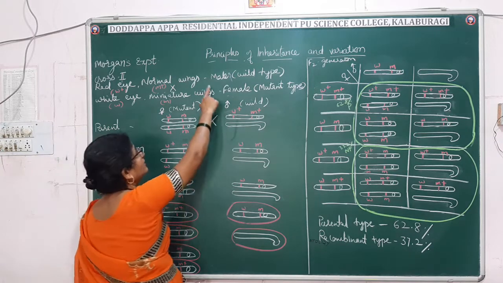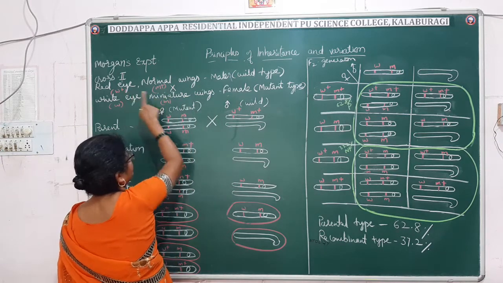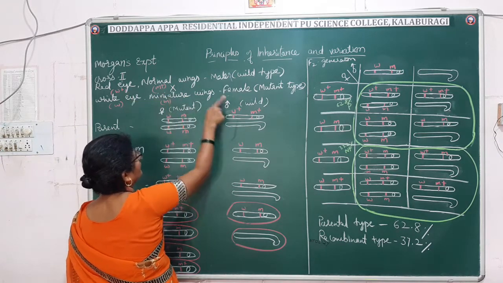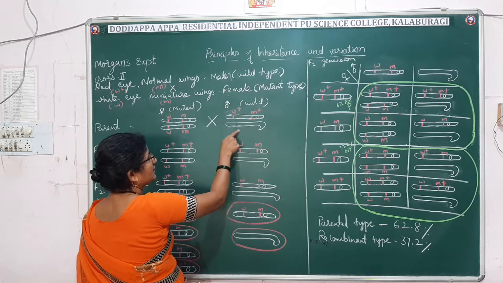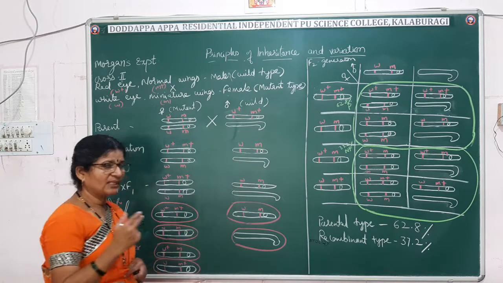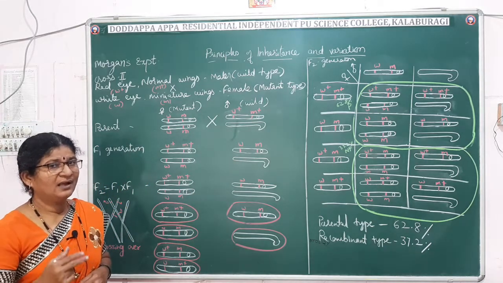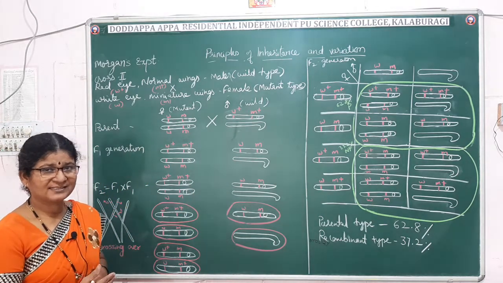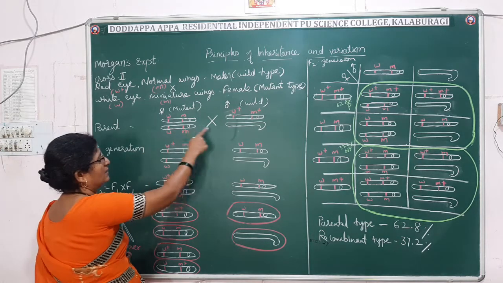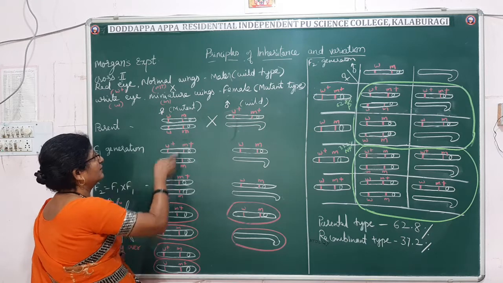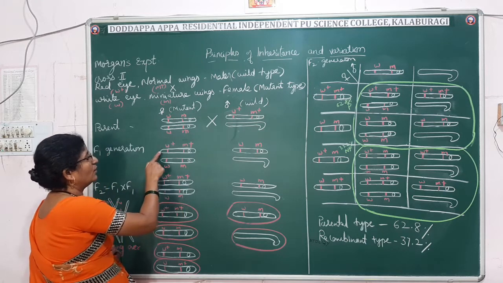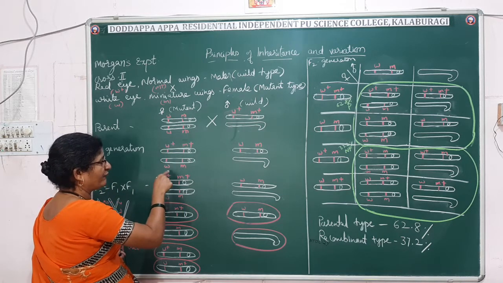Likewise, all the males were having red eyes, normal wings, that is W+ M+. So these are the males. So it is the first step, and then he hybridized. So he crossed among these two. So in the F1 generation, Morgan got all wild type females.